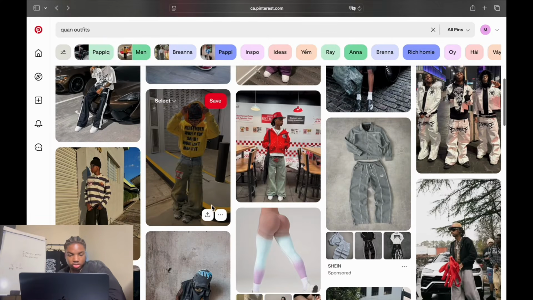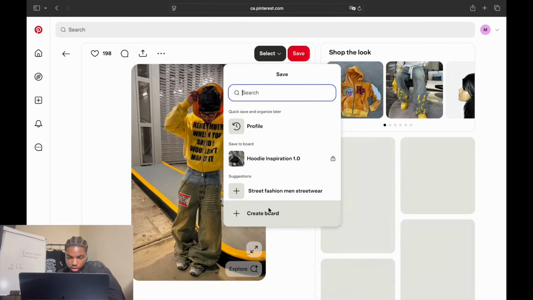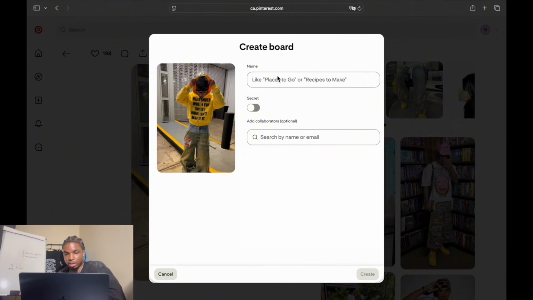Okay, and once you find an image you like, let's say you like this image, for example, you're going to want to click on save, create board, name the board whatever you want. So, hoodie 1, whatever. And you want to make sure you keep it secret just so it doesn't show on your profile. Because this one you want to keep personal. All right. So then once you did that, secret, press create,